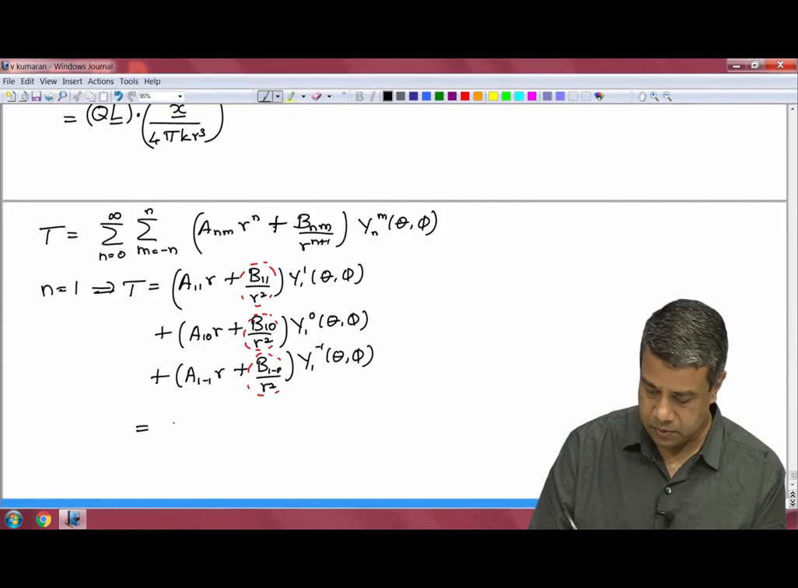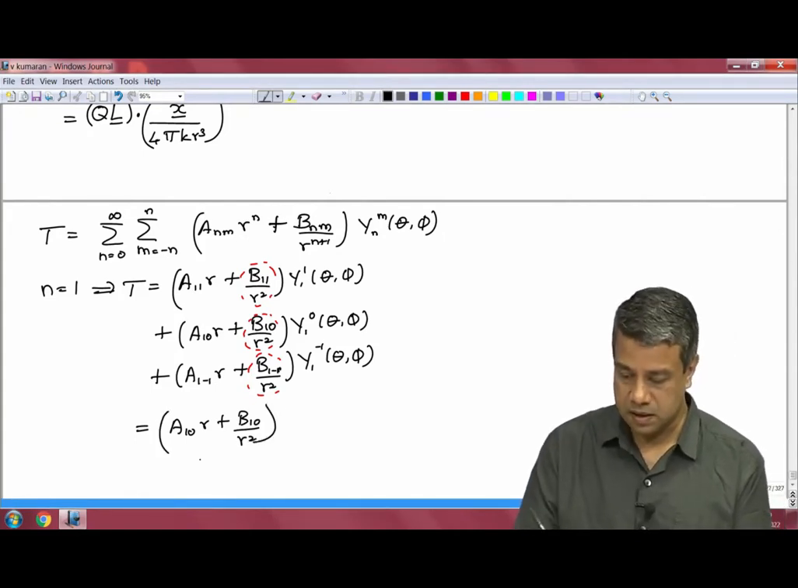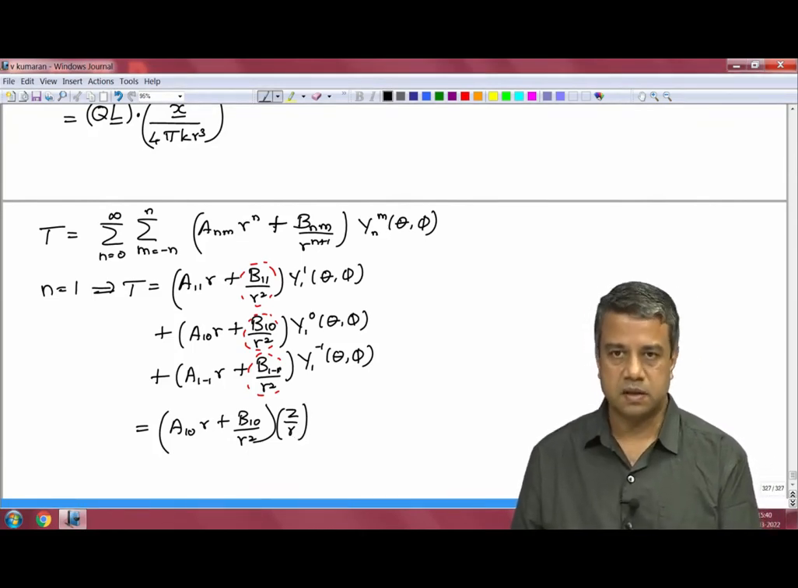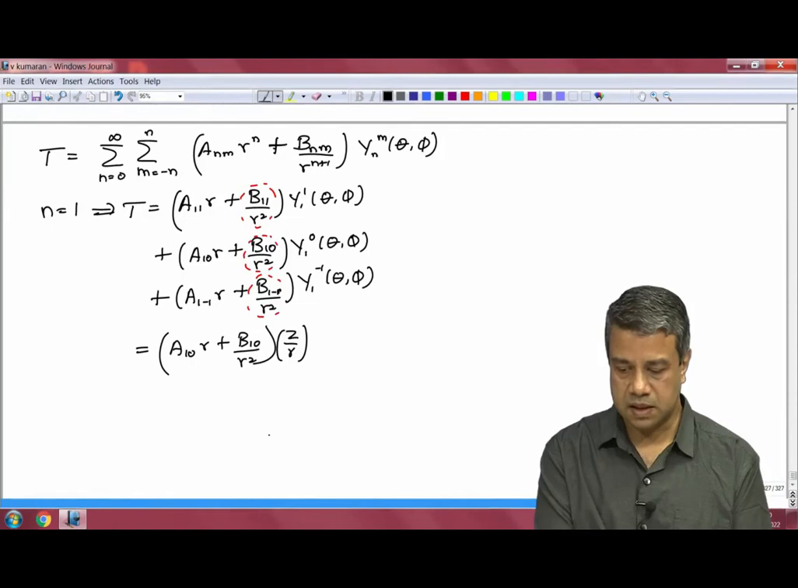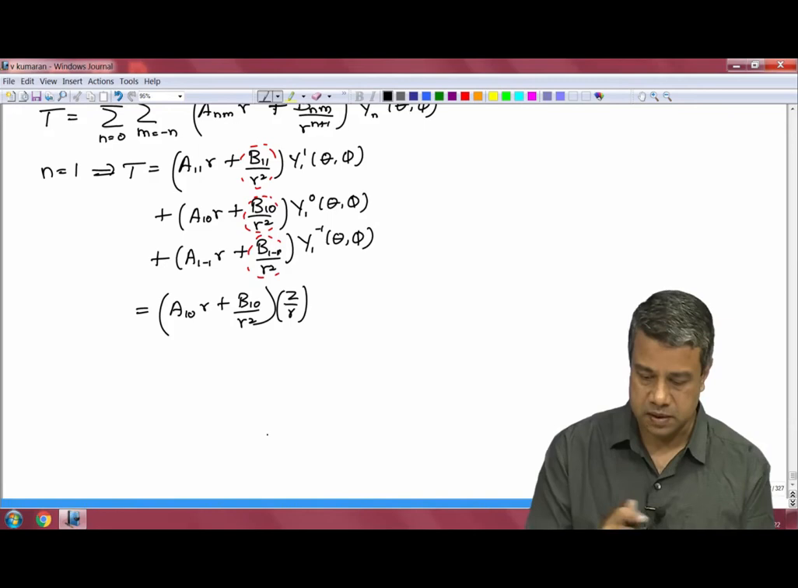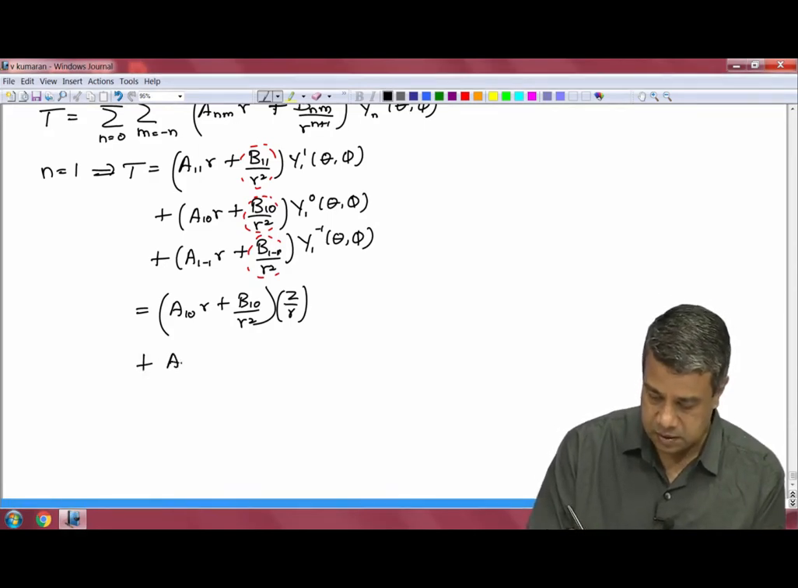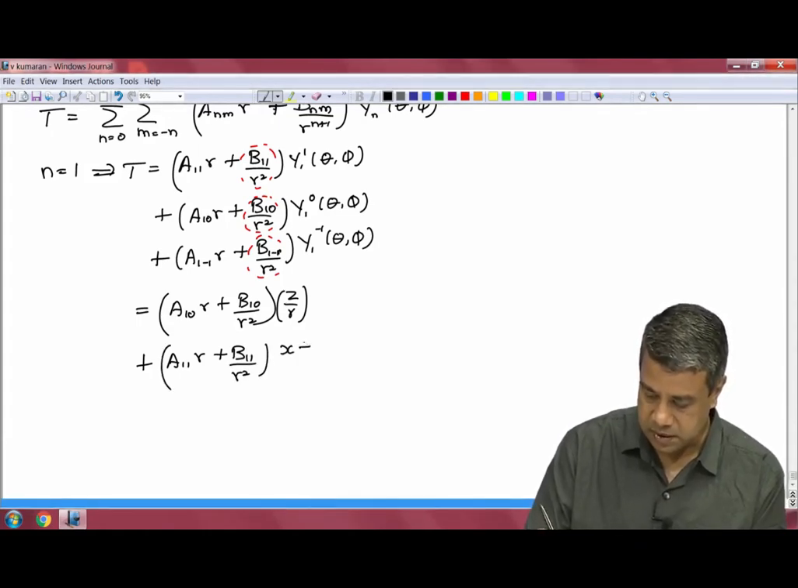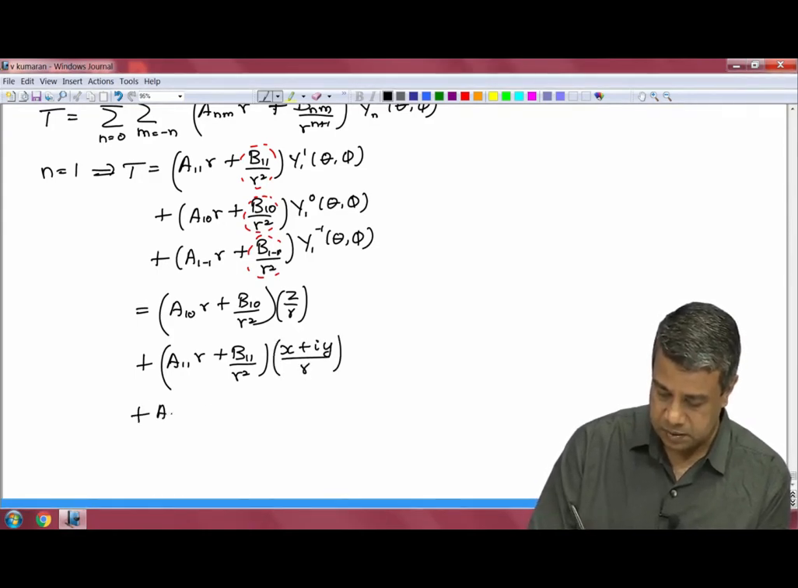So, this will be equal to A10 r plus B10 by r square, times a constant times z by r. The constant is for normalization, but that constant can be incorporated into this A10 and B10, plus A11 r plus B11 by r square into x plus iy by r, plus A1 minus 1